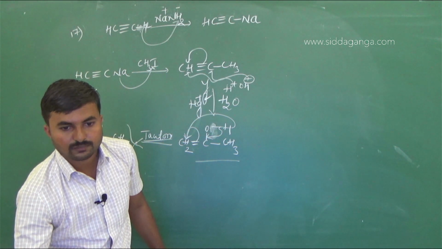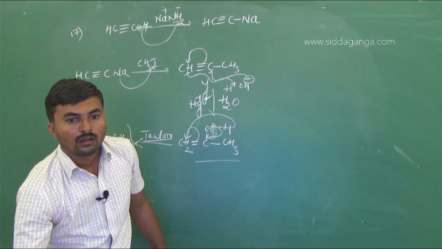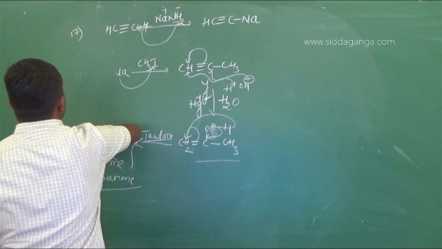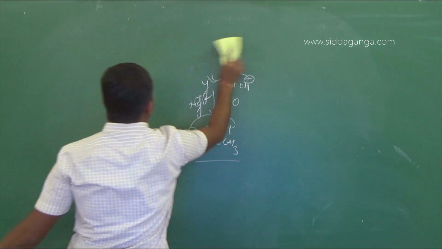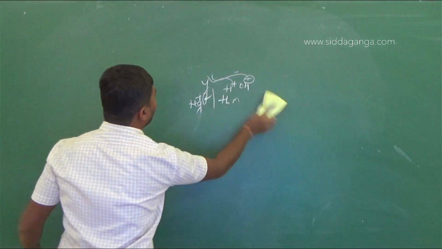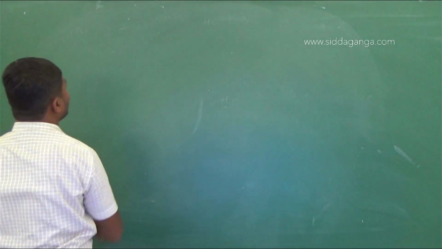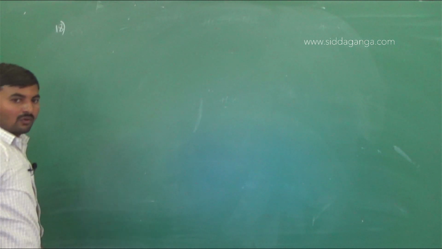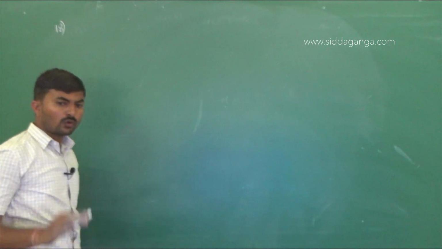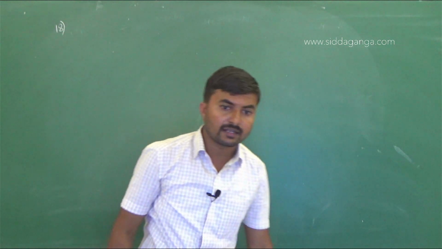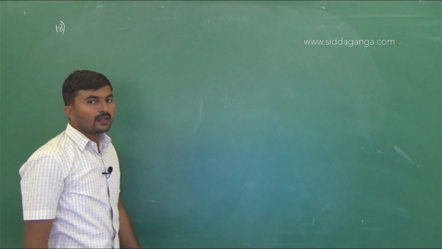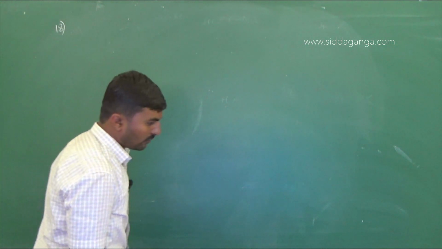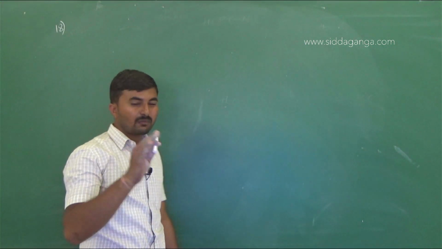So the next question. Which of the following species is not aromatic? This question is regarding the determination or comparison of whether the molecules are aromatic or not. So the question number 18. Before going to start the examples, let me explain. If we want to say the molecule is aromatic in nature, or non-aromatic or anti-aromatic, what are the possible conditions?